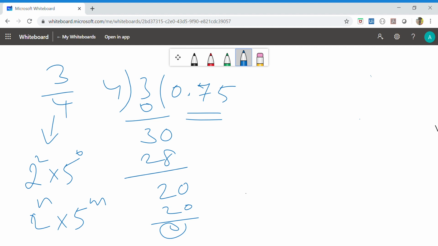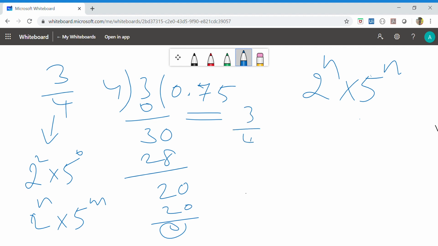So to convert into decimal, I can divide with actual division and convert it into decimal form. Without this actual division, I want to convert it into decimal form. The denominator should be in the form of 2 to the power of n into 5 to the power of n, both powers the same. Then we can convert into decimal form. The same sum I will explain with that formula.